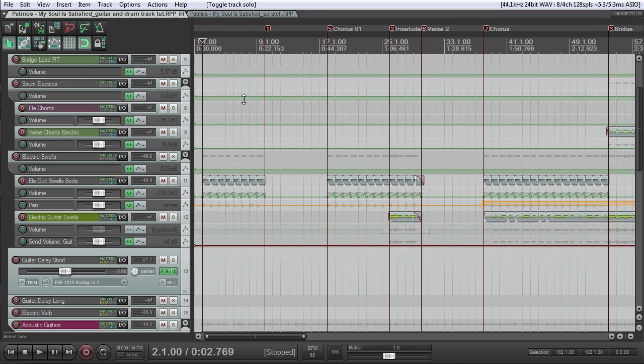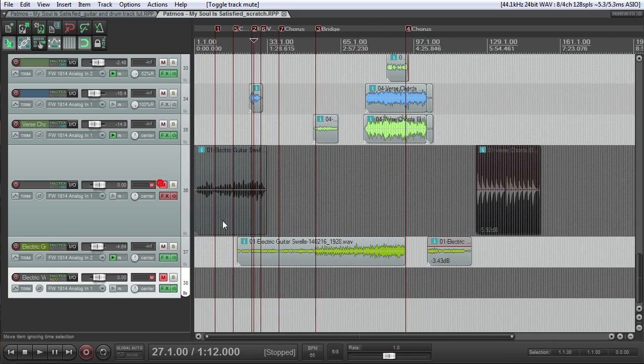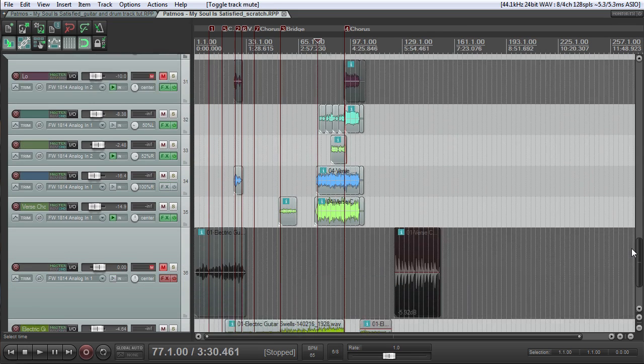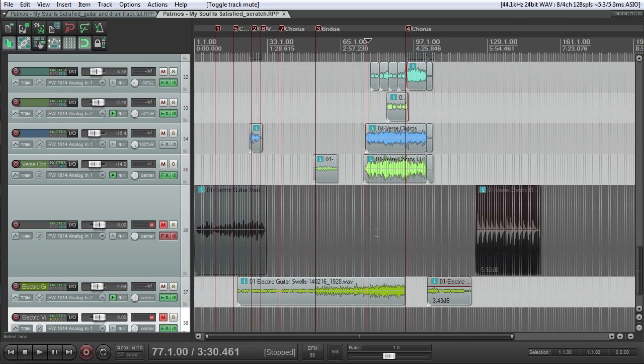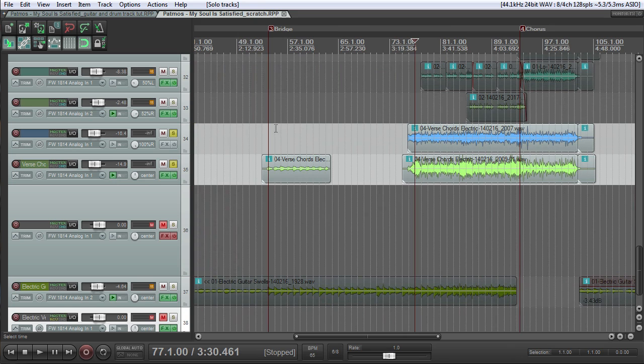So that's how we cleaned up that guitar. Basically, I redid it, but that's pretty much the only thing that I cleaned up. The other stuff here, I basically just used, and we did it for this particular song is we recorded a lot of stuff and then we trimmed back stuff that we didn't need. So I had him do, when it kind of builds up in the bigger section,